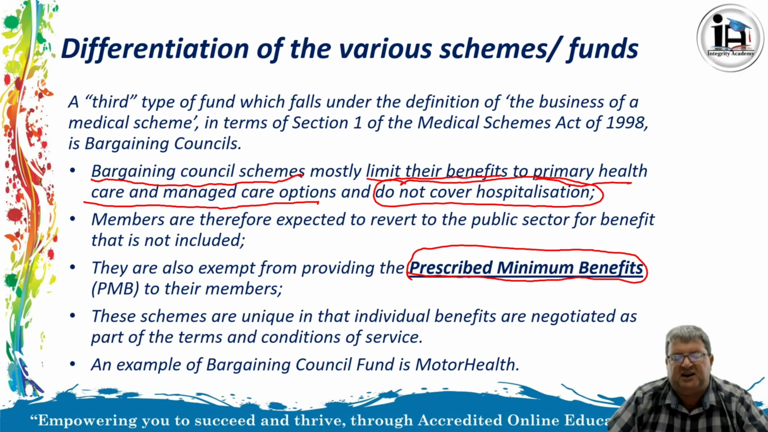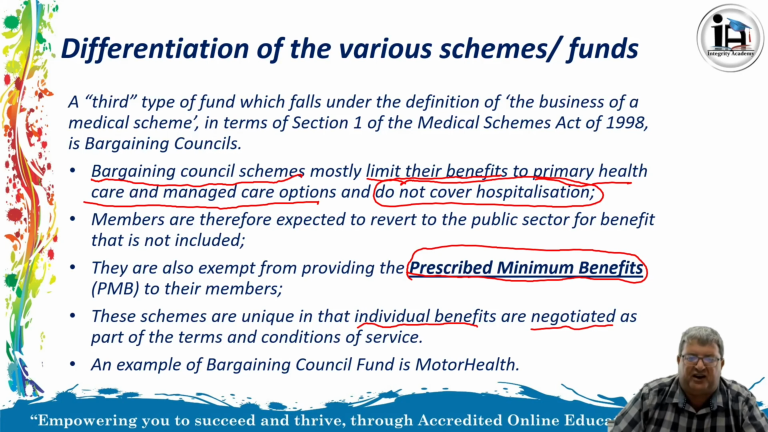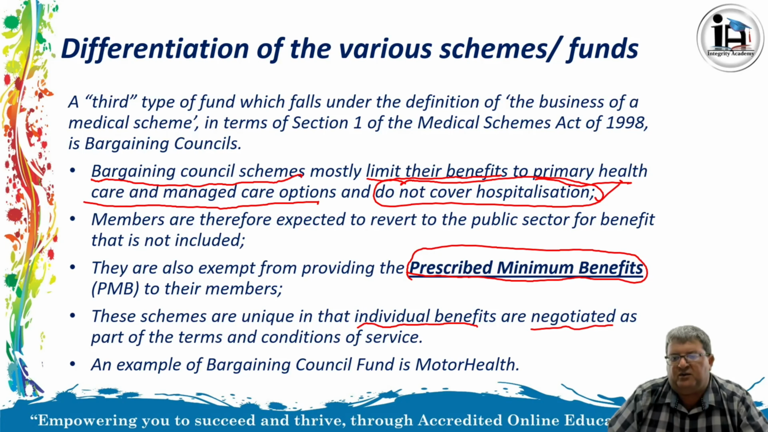All right, so these schemes are unique in that the individual benefits are negotiated as part of the terms and conditions of service. So you can tell them, listen, I cannot afford a normal medical scheme. I can only afford R1,000 a month. What can you offer me? And then they will say, all right, for R1,000 a month, you get no hospitalization. So you need to go to a government hospital. We will not pay the